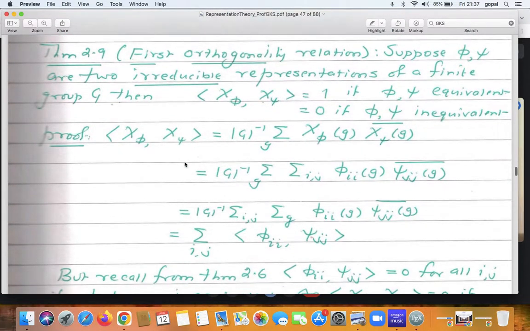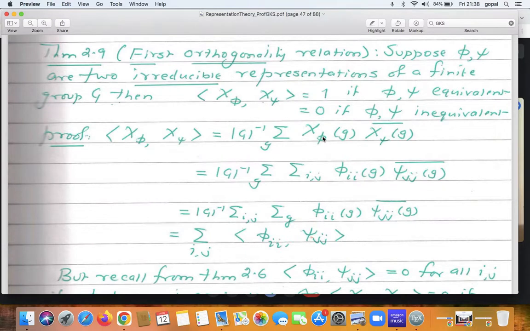So now we get the first orthogonality relation. Suppose phi and psi are two irreducible representations of a finite group. If they're equivalent, then the inner product of the corresponding characters is 1. If they're inequivalent, then the inner product of the characters is 0. Let's calculate directly. Chi phi, chi psi. This is a normalizing factor. Then you just take chi phi g, chi psi g bar,